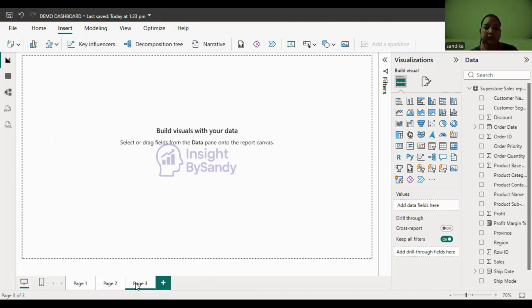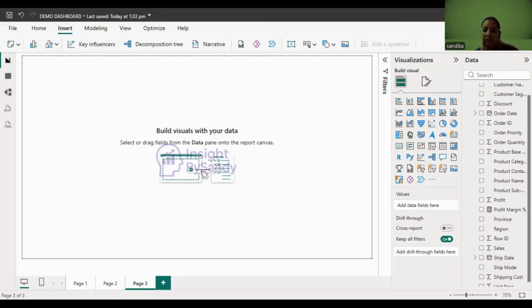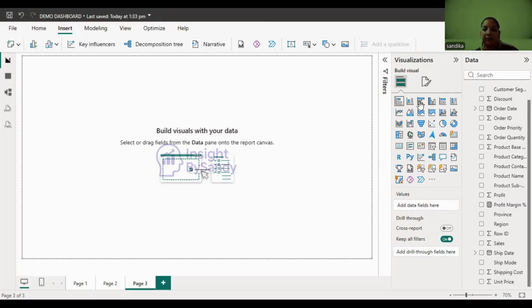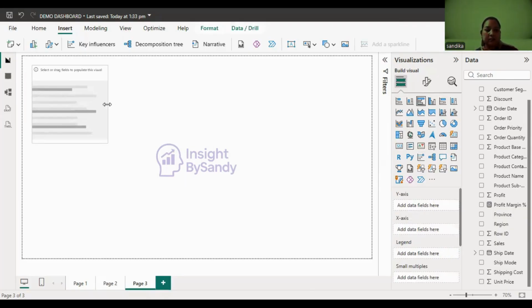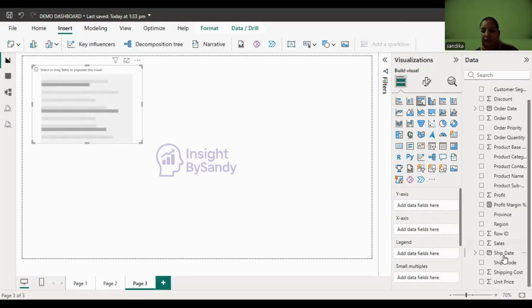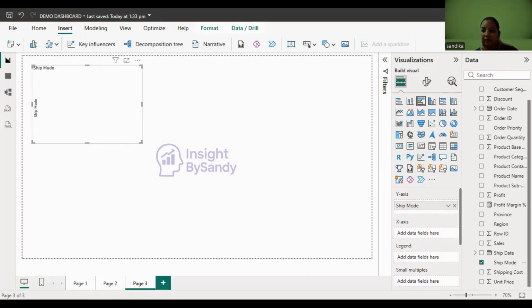Now let's go for the further one. Now we can see how this product gets shifted to the respective location. And for this, we have ship mode. We can choose again the bar chart, adding the ship mode to the y-axis, and we can check according to order date,